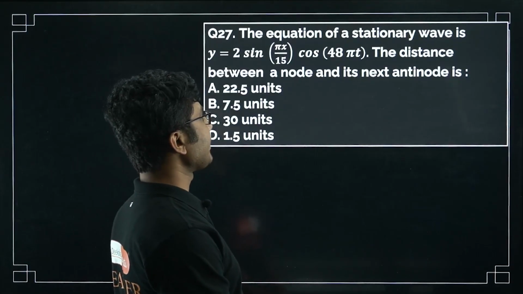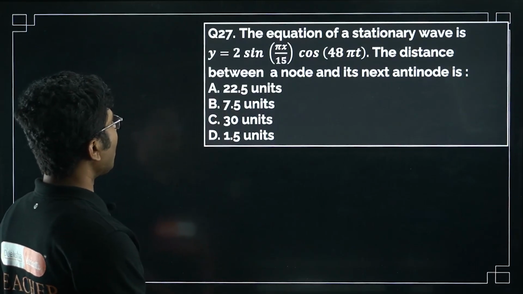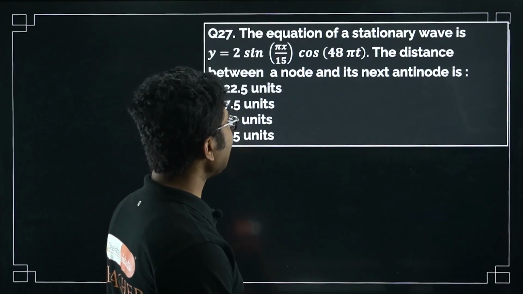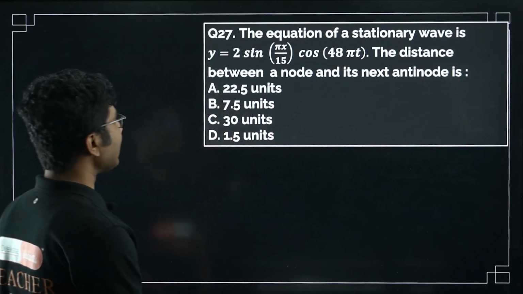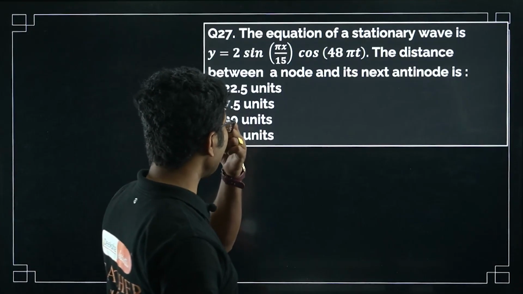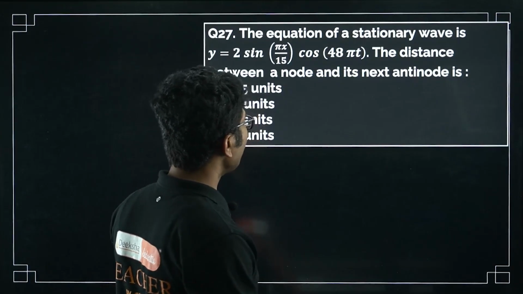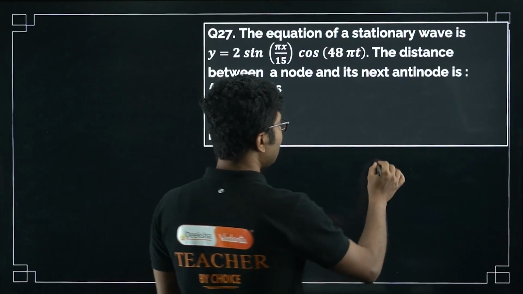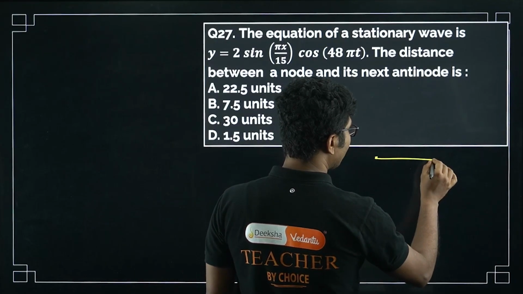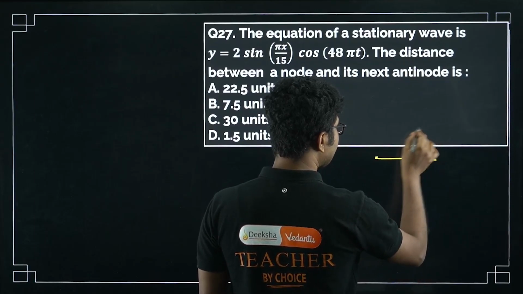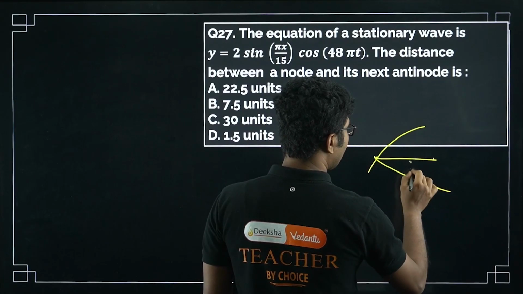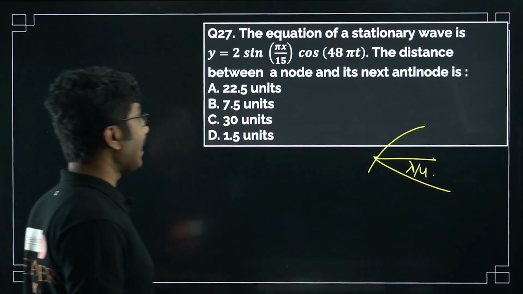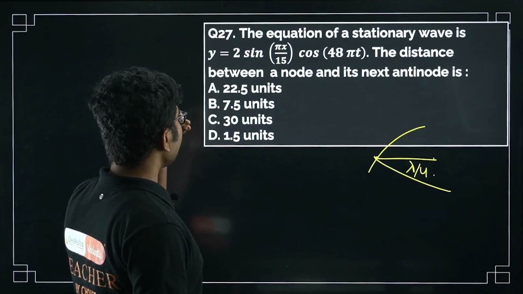The equation of stationary wave is 2 sin pi x by 15 cos 48 pi t. The distance between a node and its next antinode is? So we have to find the node and next antinode. That means we have to find the distance, lambda by 4 is our answer. Okay, so we have to calculate what is the lambda, right? So here